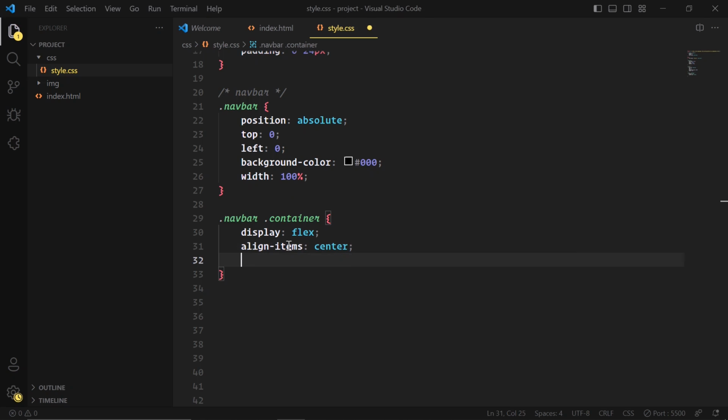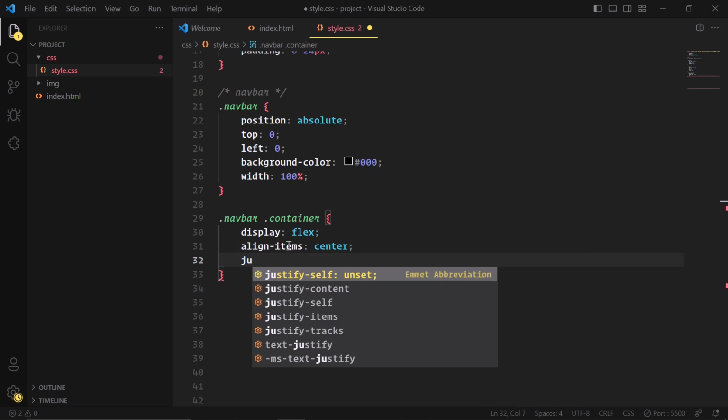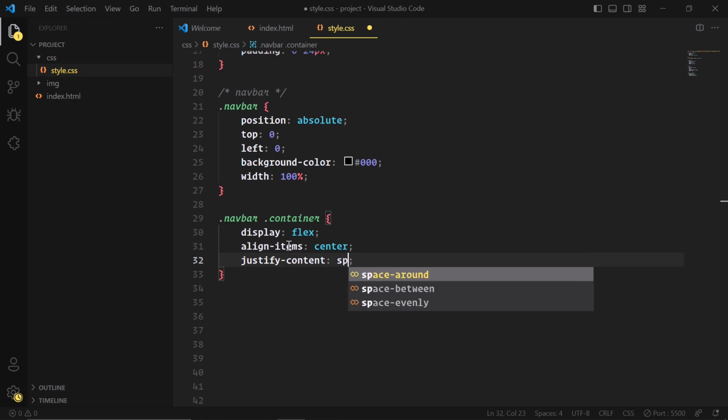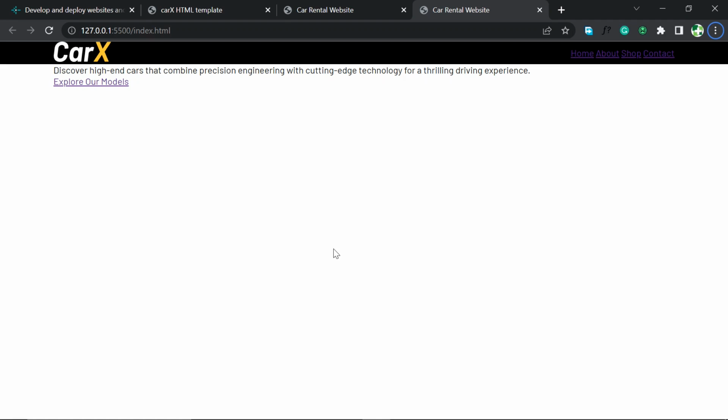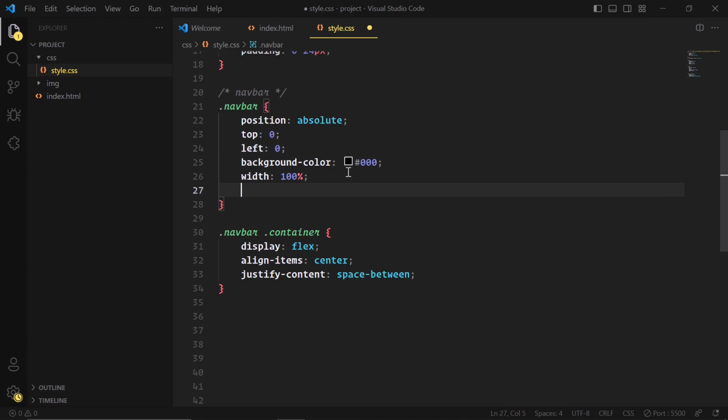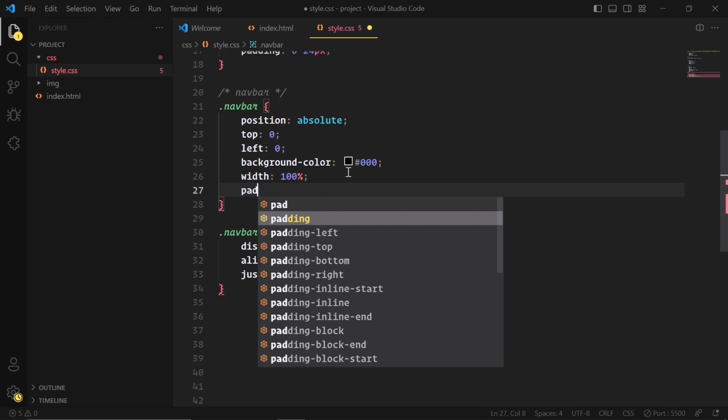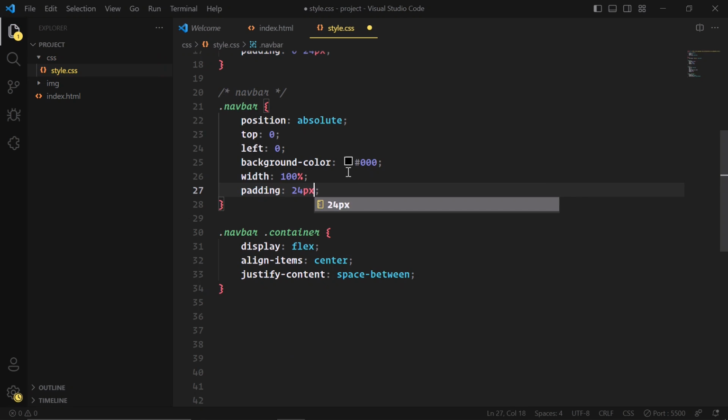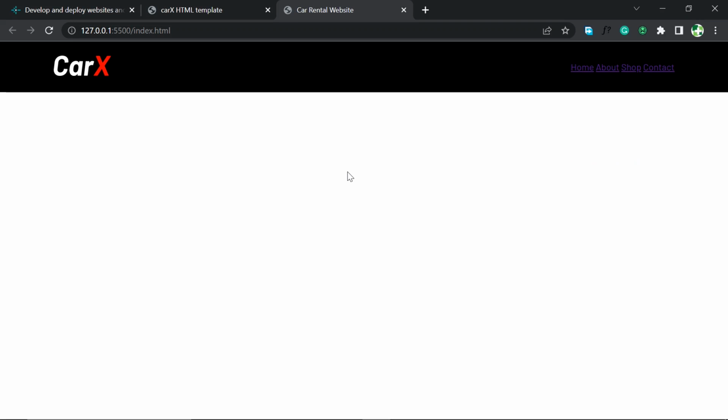All right, and I'm going to push these to the left and right side, so I'm going to type justify content space between, save it. So now these are on the right side. Okay, so I'm going to select the navigation bar, and I'm going to give some padding from the top 24 pixel, left and right 0. All right,